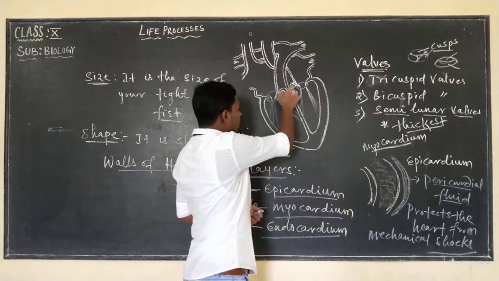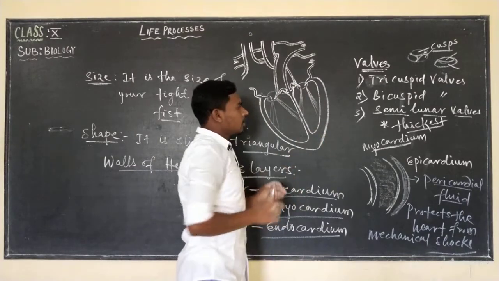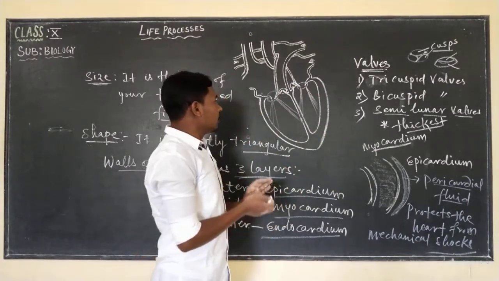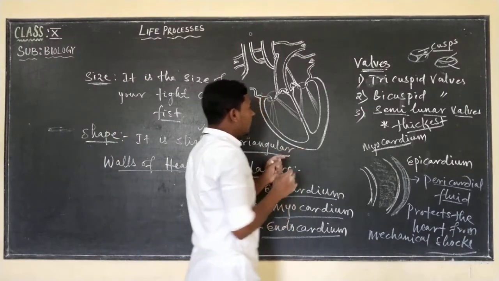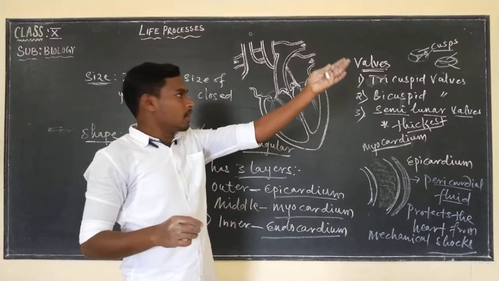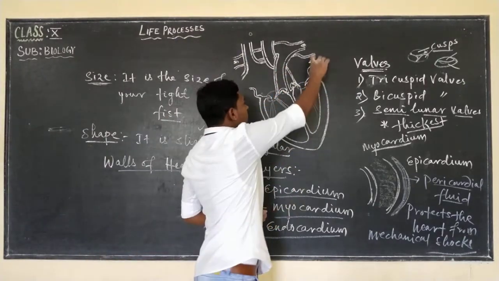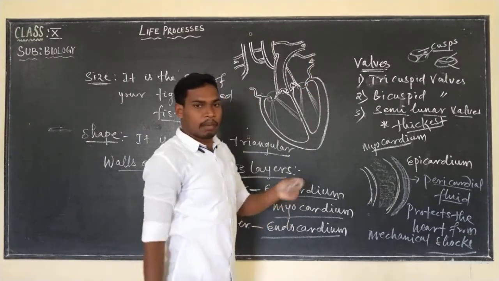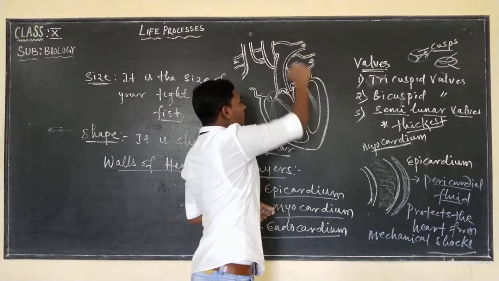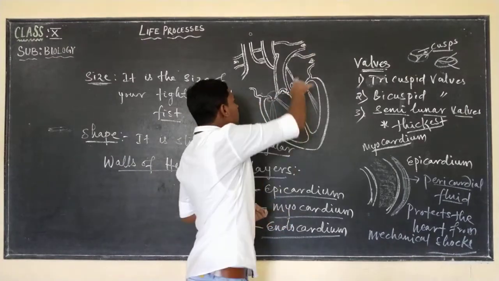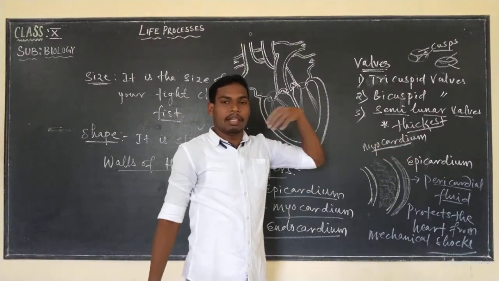So they are also known as tricuspid valves. Okay. So these are the valves. In the previous class, I have told you how the blood flows, right? Oxygenated blood comes from the lungs and it is picked up by the pulmonary veins. And these pulmonary veins, they will send the blood where? They will send the blood to the left